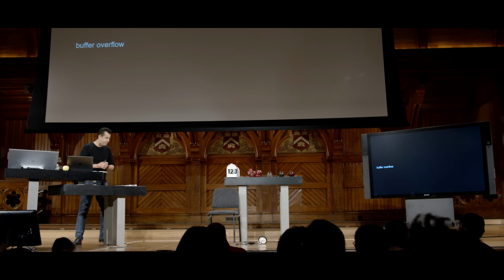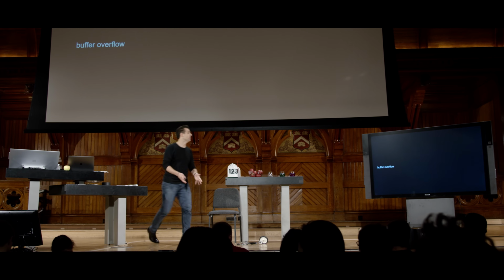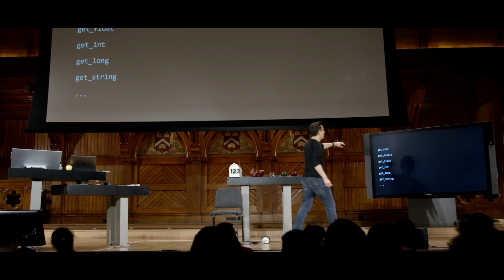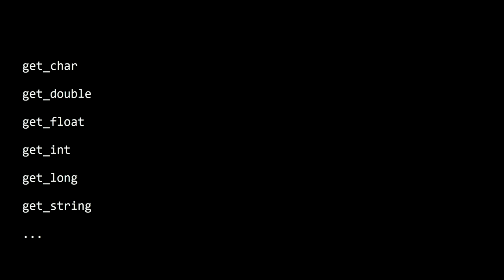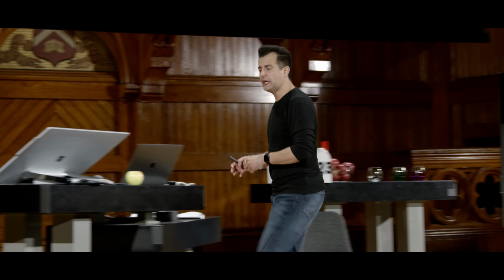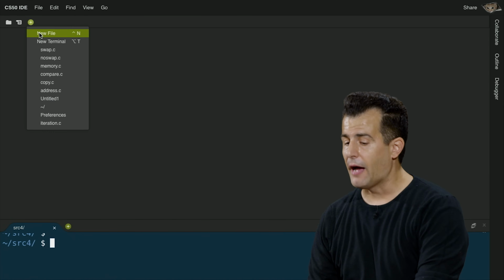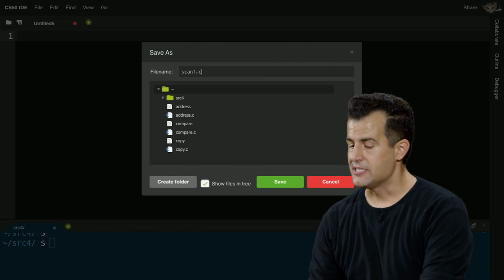So let's take off one final set of training wheels, if you will. All of these functions that you asked about earlier today, getFloat, getString, getDouble, and so forth from the CS50 library, actually deal with pointers for you and deal with memory addresses in a way that allowed you not to have to worry about them. Let me go ahead and implement the same idea as getInt, but the low-level way that you would have to do it if you didn't actually have CS50's library.